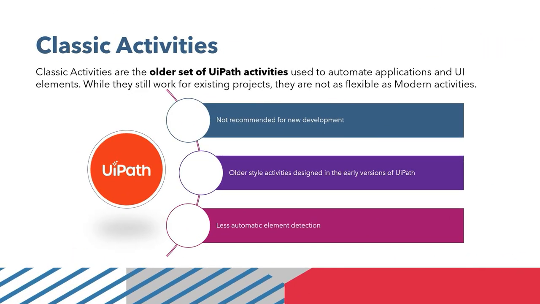Now, the other side, the classic activities, are the older set of UiPath activities used to automate applications and UI elements. While they still work for existing projects, they are not as flexible as modern activities and are not recommended for new development. First, they are older-style activities designed in the earlier versions of UiPath, with less automatic element detection. Now, we will see how to enable classic activities in UiPath Studio. Moving on,